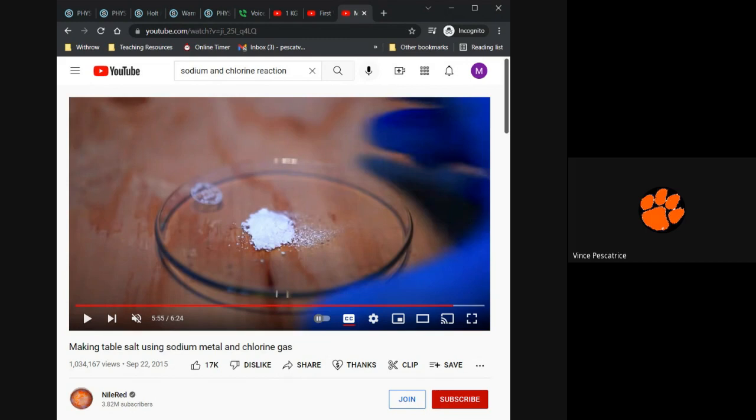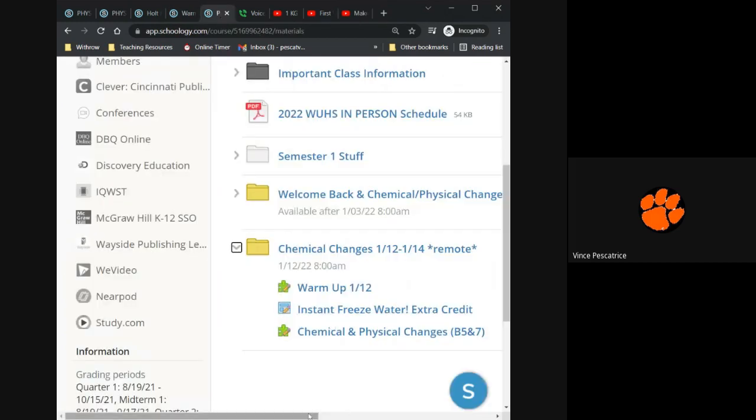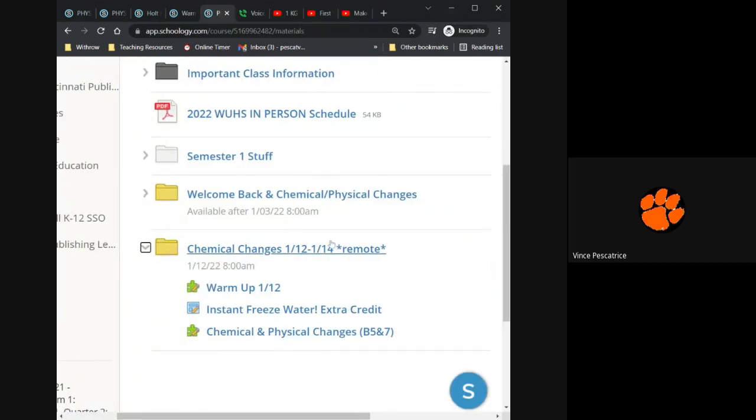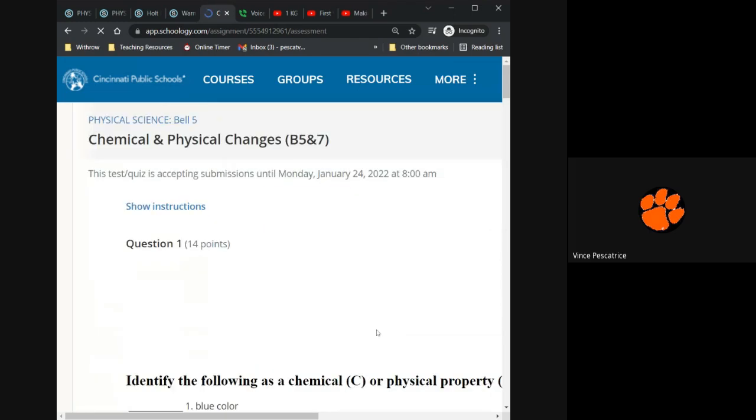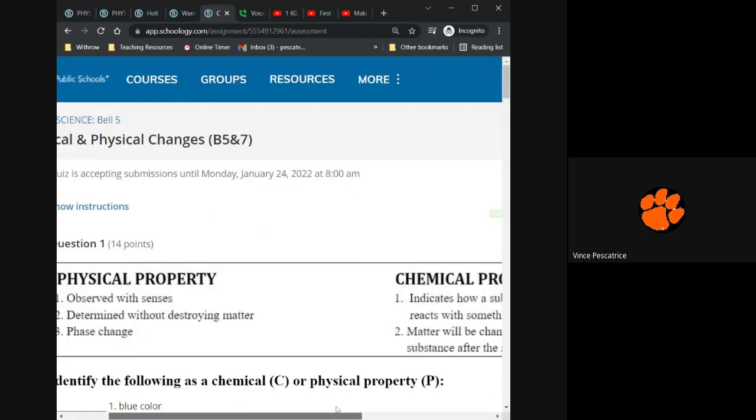So let's move on to the assignment for today. All right, so if you go to this folder here, chemical changes, where it says remote, and you go down to chemical and physical changes, this assignment right here, it doesn't matter if it says Bell 5 or Bell 7, it's both the same assignment. All right, when you open this up, you'll see